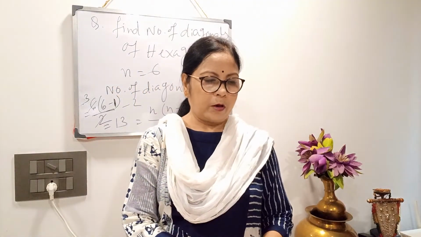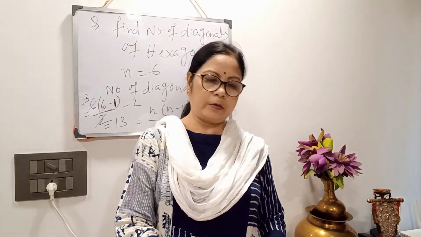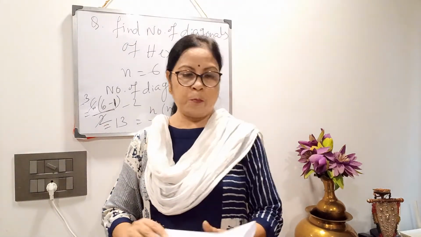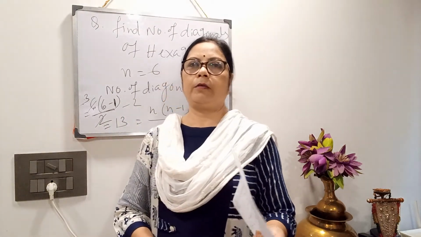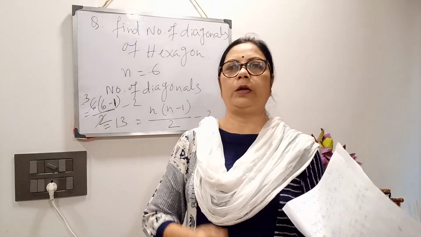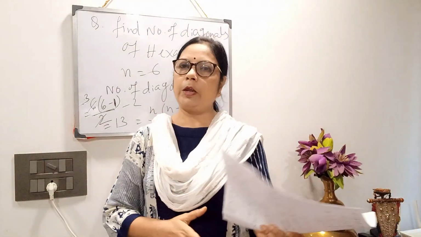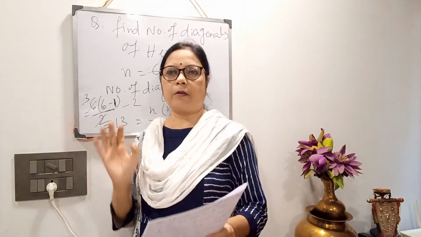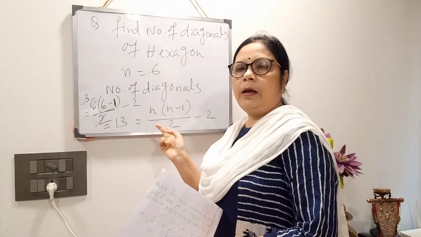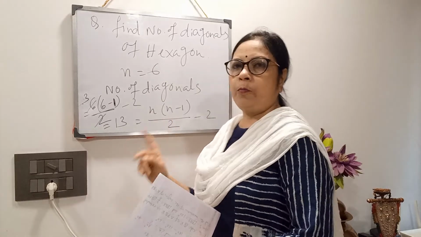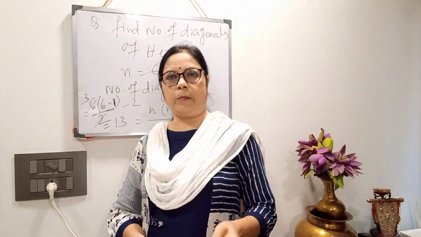Clear? So up to this, first you revise the theorems, then you practice the numericals, and this is the important chapter, that is theorem number 8. You revise this theorem and do the numericals from your book. There are so many numericals, okay. It is interesting also. And in this theorem, if by mistake I had written n, please change it, it will be 2. Okay, in online class I will give you the reminder. Bye.